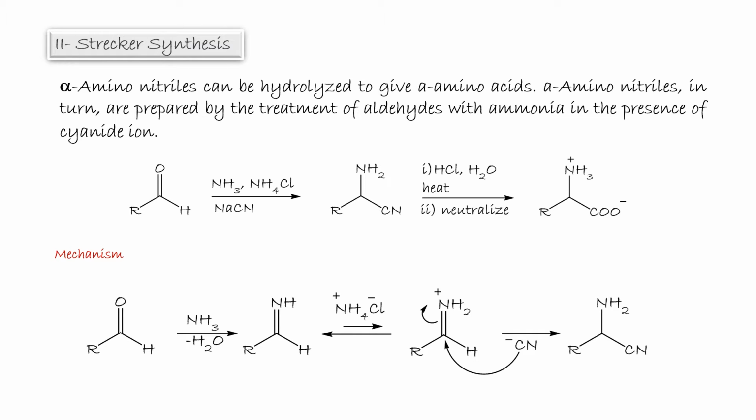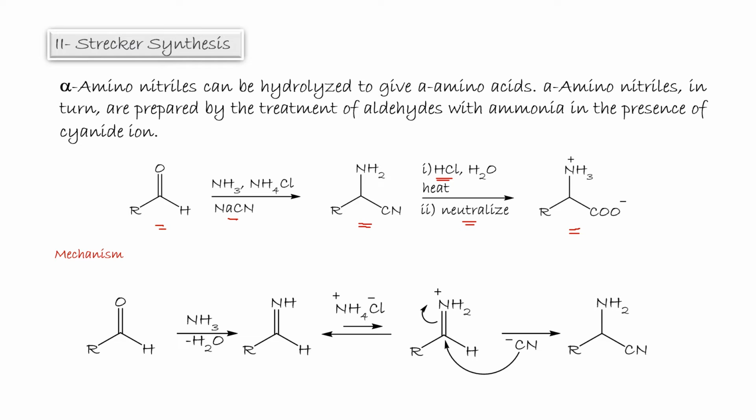Method 2, Strecker synthesis. Starting with aldehyde, treat the aldehyde with ammonia, ammonium chloride, and sodium cyanide mixture. We get alpha amino nitrile, which upon hydrolysis in dilute acid and heat, then neutralization of the reaction mixture, we get